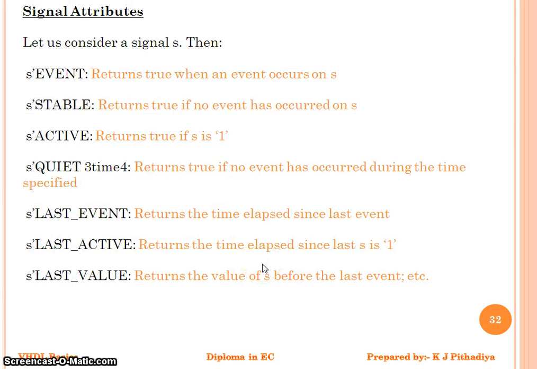Now signal attributes. Signal attributes can be S'event, S'stable, S'active, S'quiet, S'last_event, S'last_active and S'last_value. We can use these in VHDL programming whenever